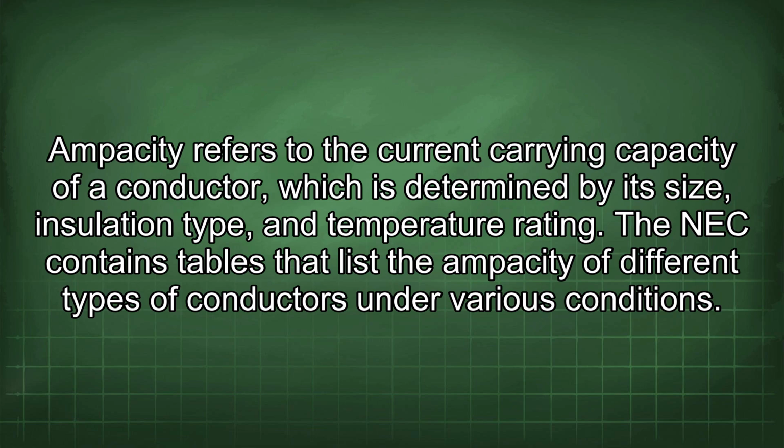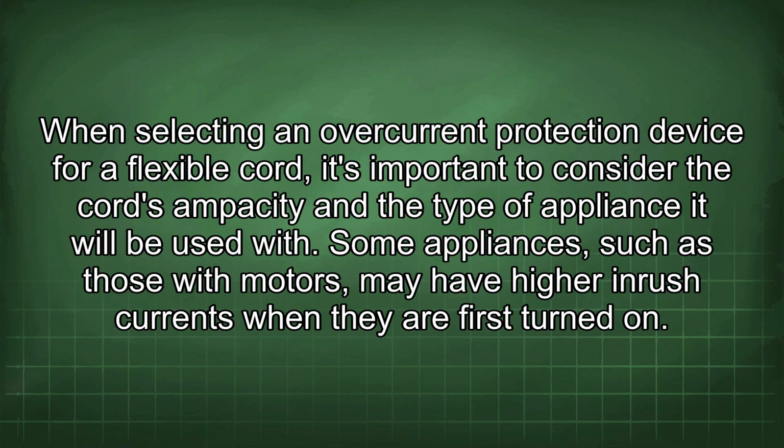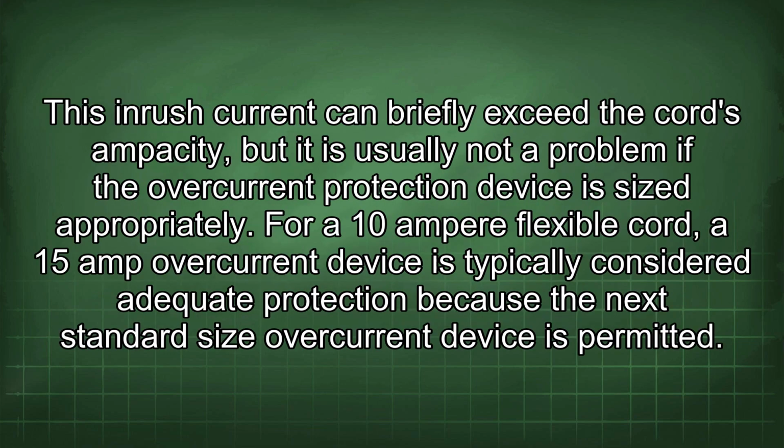and temperature rating. The NEC contains tables that list the ampacity of different types of conductors under various conditions. When selecting an overcurrent protection device for a flexible cord, it's important to consider the cord's ampacity and the type of appliance it will be used with. Some appliances, such as those with motors, may have higher inrush currents when they are first turned on. This inrush current can briefly exceed the cord's ampacity, but it is usually not a problem if the overcurrent protection